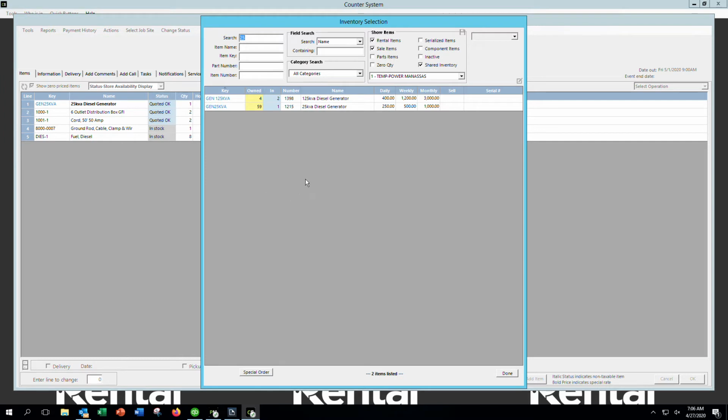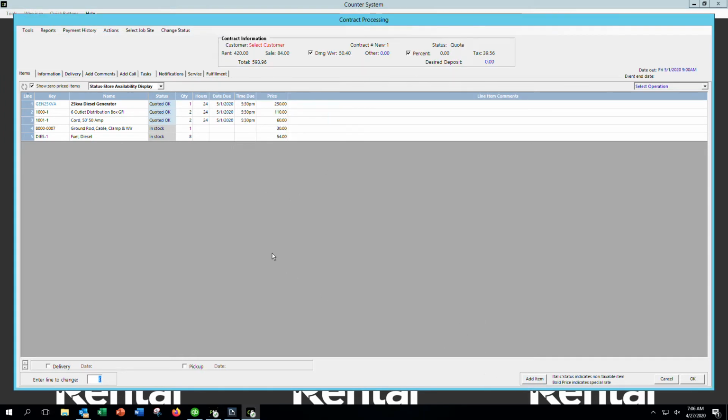So now it brings you back to your search box. We're going to say done for right now so you can see the ticket. So there's your 25K, your 2 spider boxes, 2 cords, ground rod, and diesel fuel. You can add your delivery,